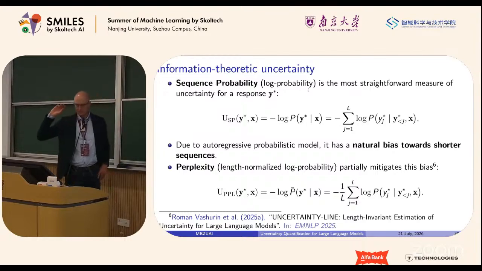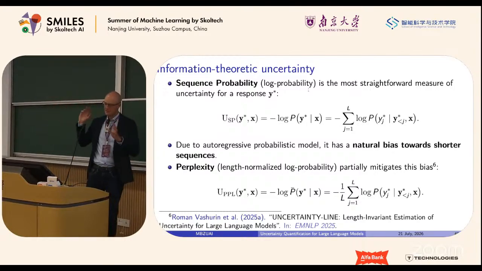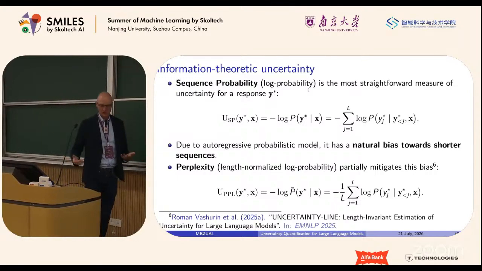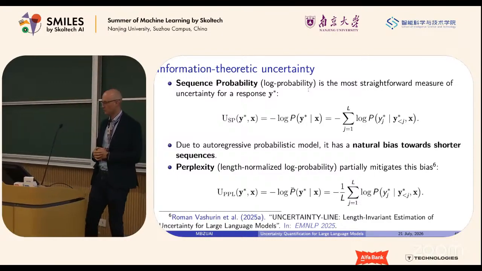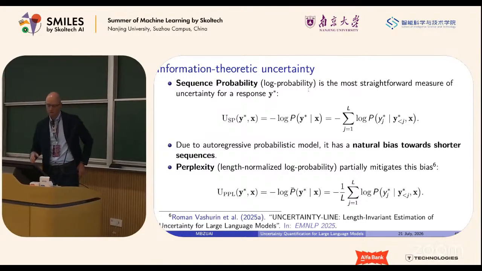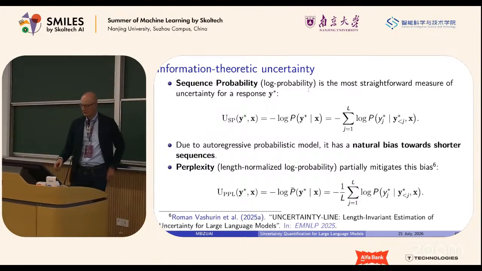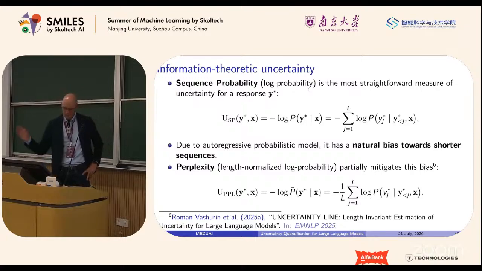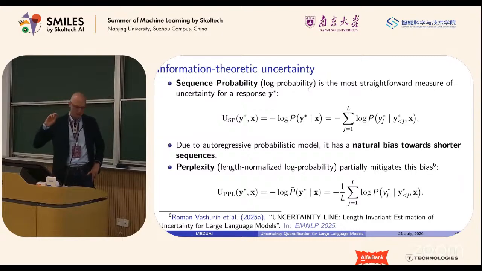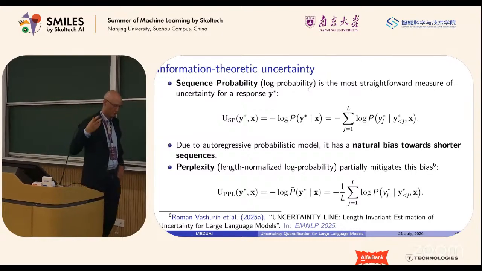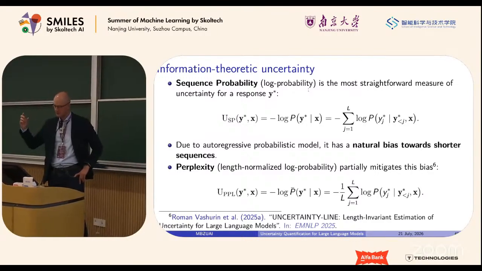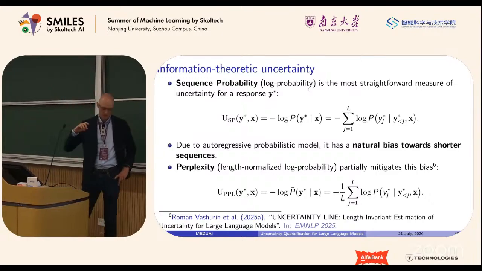Unfortunately, despite the fact that we are trying to correct something here with perplexity, in fact, what we observe in real situations is that perplexity sometimes works worse than sequence probability in general, because this bias actually helps us usually in real-world tasks. So none of these techniques are actually perfect. Every time you're solving your own task, you have to look into the metrics. And maybe in some cases, this bias is important. In some cases, this bias is not very useful.